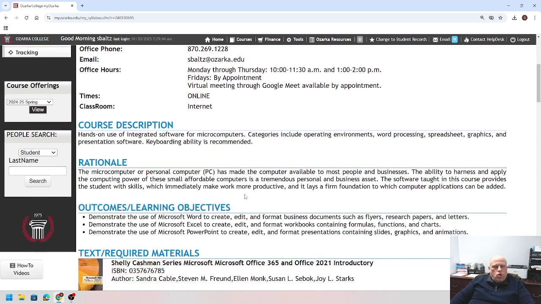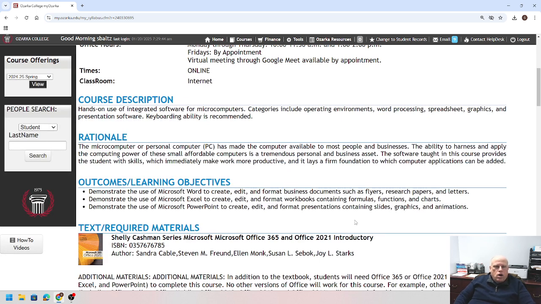Okay. All right. So the next three items on the syllabus there are course description, rationale, and outcomes. Those three things are very closely tied together, and so I'm going to talk about them all at one time. Basically in this course, like I said just a minute ago, we're going to be learning how to use Microsoft Office applications. They're basically called productivity software. It's the software that's used, again, by schools like Ozarka, by organizations, by businesses,